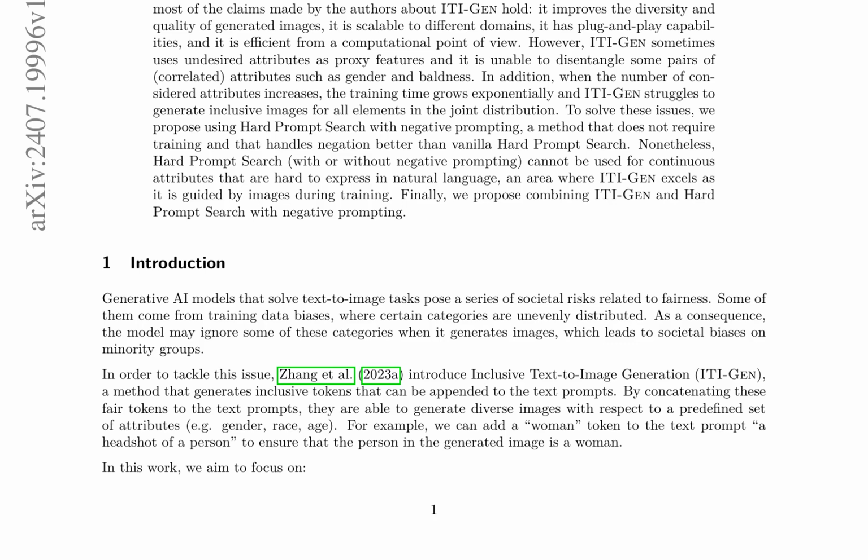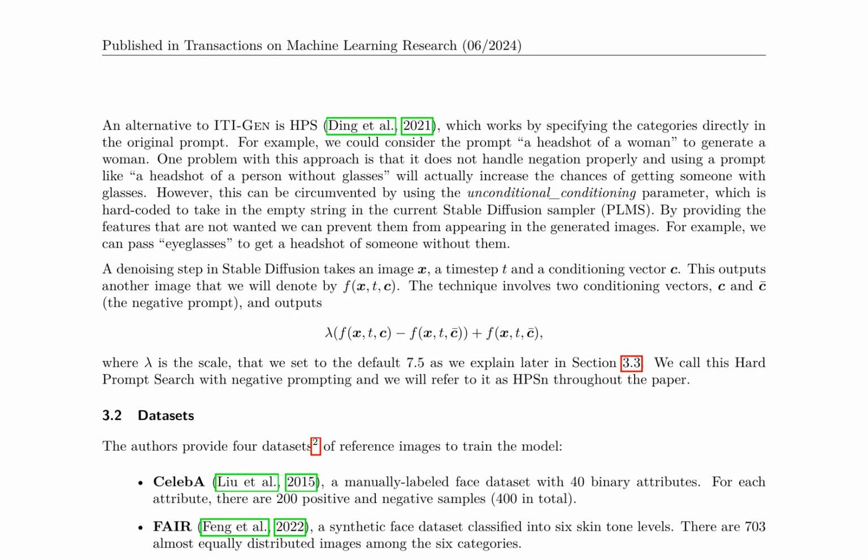ITI-GEN is a method that improves inclusiveness in text-to-image generation by outputting a set of fair tokens that are appended to a text prompt to guide the model to generate images in a certain way. The model uses reference images for each attribute category and learns a set of fair tokens that represent each attribute category. The training procedure involves two losses: the directional alignment loss, which relates the provided reference images to the inclusive